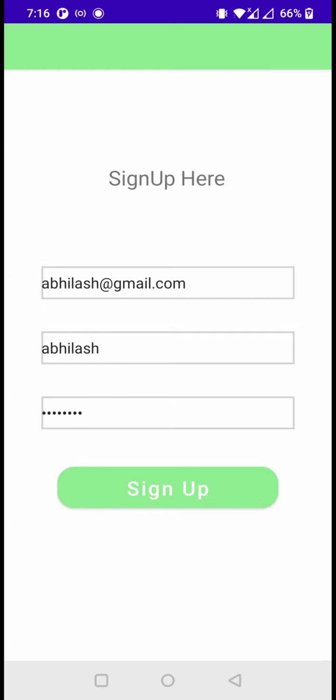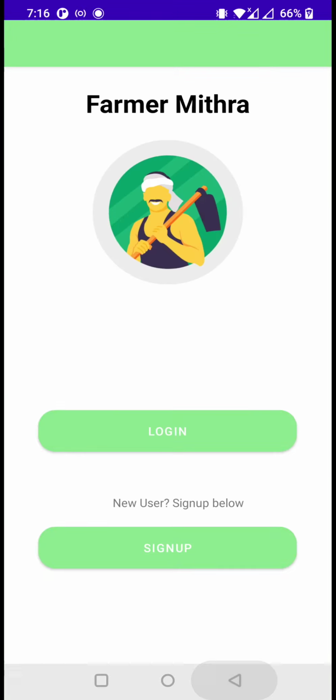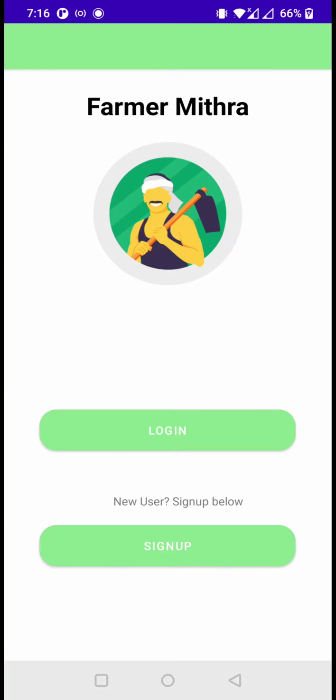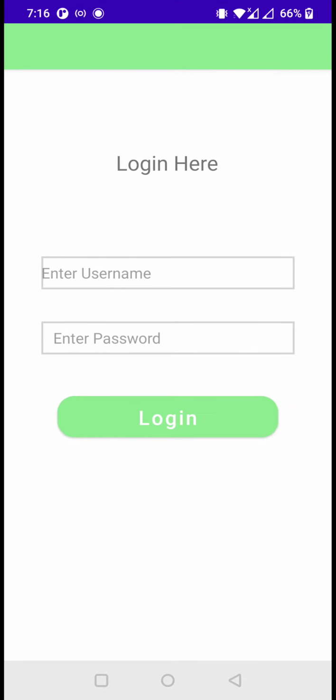Once they have registered, after sign up, they have to come to the main page. Again they have to log in back.